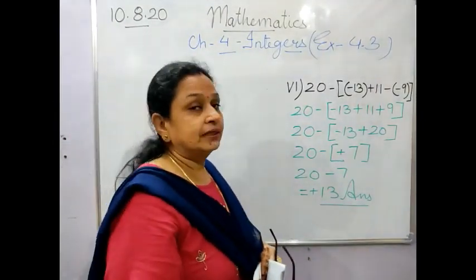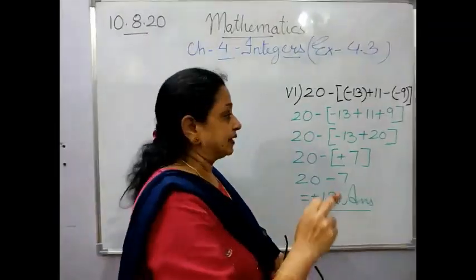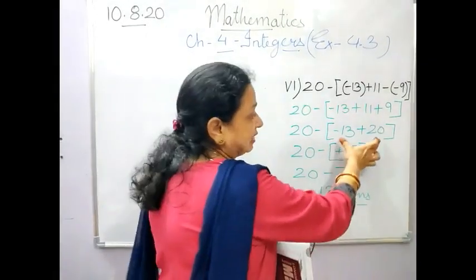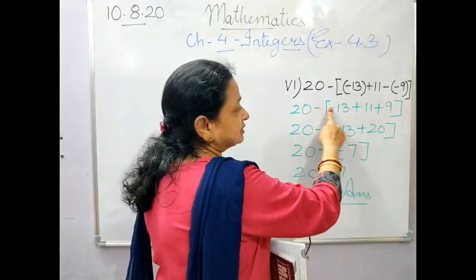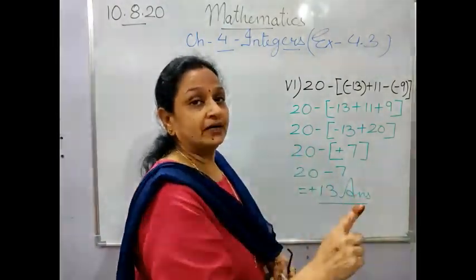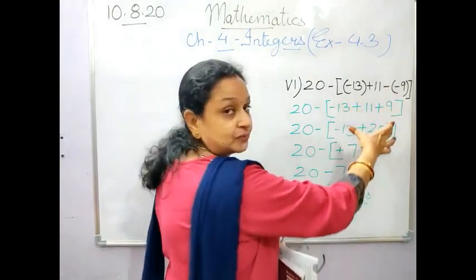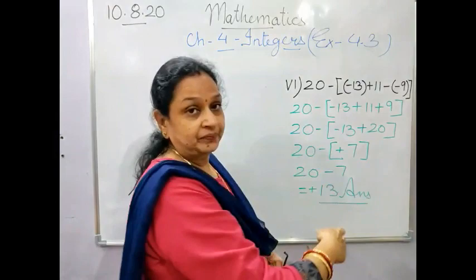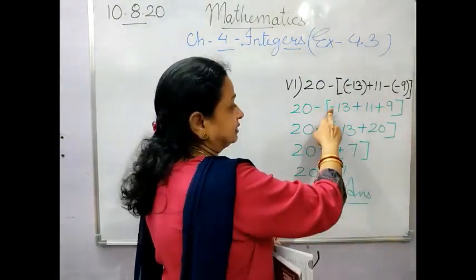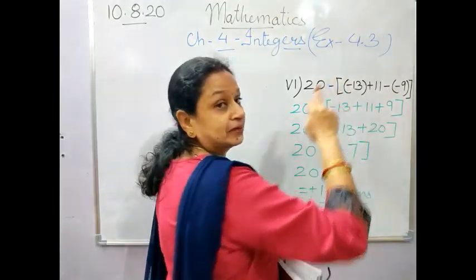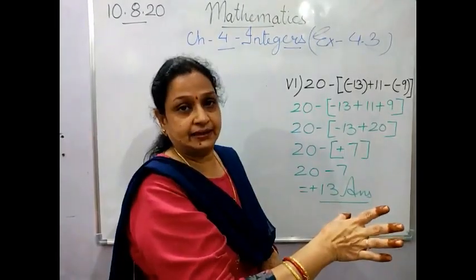Now children, one thing more I want to make clear. See here, we have opened this simple bracket. Now still one bracket is left, but I have added this. See what happens when you open this bracket: from this sign, all the signs will change. Then you get confused. So what I have done, I have added this over here. I have solved what is in this bracket, and then we have finally done. Otherwise, what would happen? From this minus sign, when you open this bracket, this will become plus, this will become minus, this will become minus. So you might get confused. So I have solved it over here. Both the methods are right.